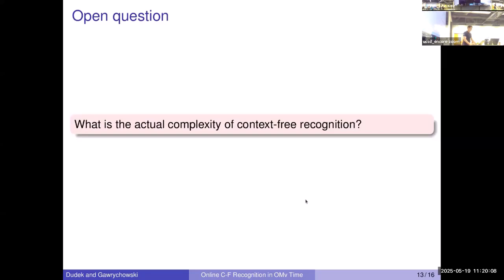So now, what's the natural open question? Tajabol already asked this question: what's actually the complexity of this problem? This is something that we don't know, and I think there are many people here who might have interesting intuitions or ideas for this problem, because yes, we don't know the reduction from OMV